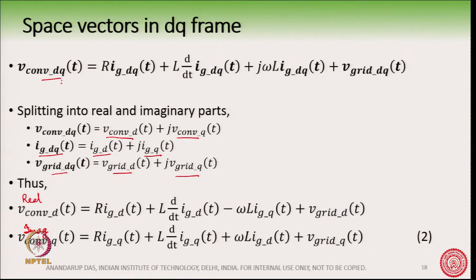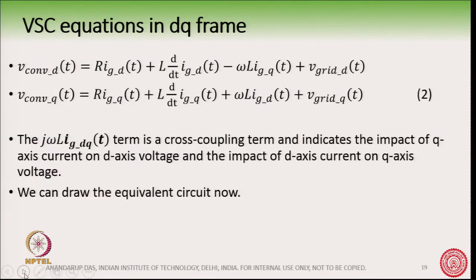So, we are splitting this into real and imaginary quantities, and this whole thing again we are splitting into real and imaginary quantities. Then we collect the real terms and we see that this is the equation here and this is the imaginary quantity. So one is the d axis quantity, another is the q axis quantity. So, I have rewritten this equation here. Now, this term here,